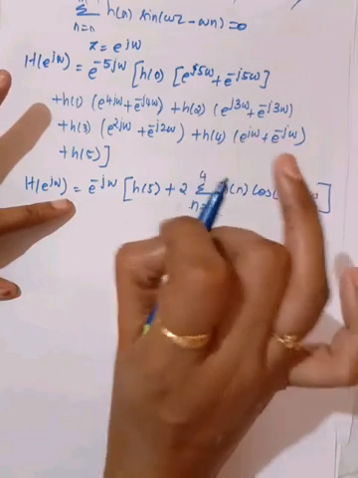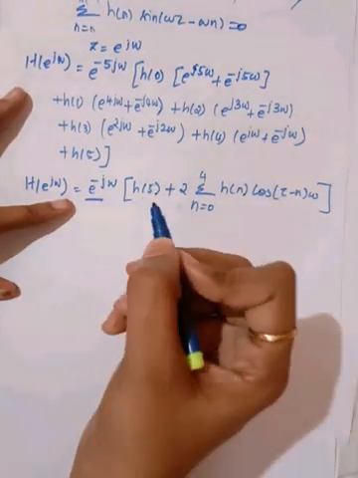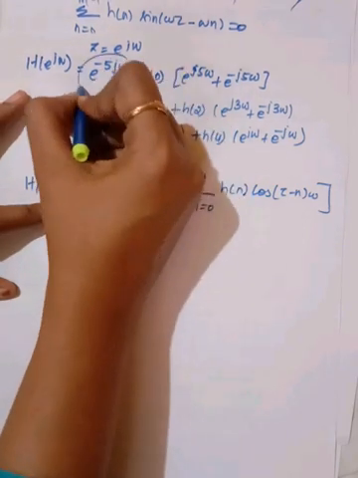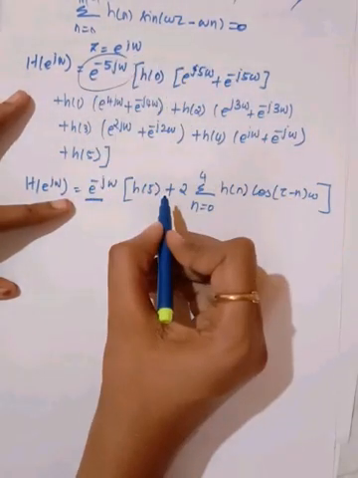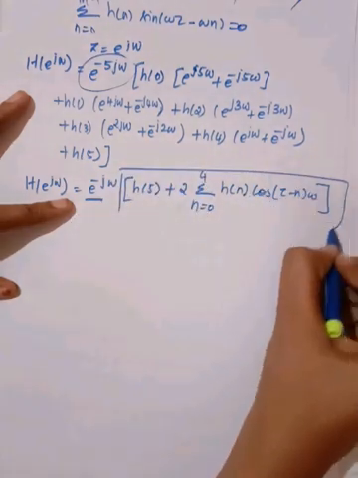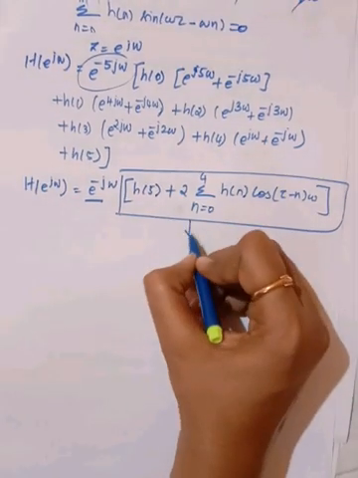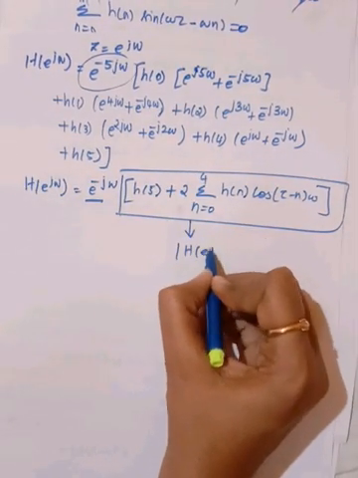Here we need to consider only the phase. Phase delay and group delay are asked, so from this itself we can take. They have also asked for the magnitude response, so now this is the magnitude response. I am going to write this equivalent to H of e power j omega.